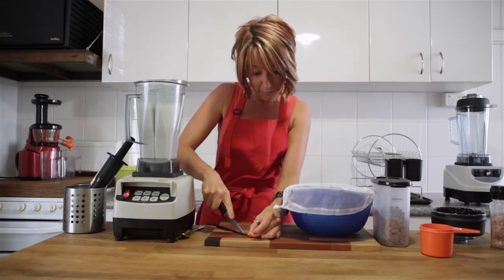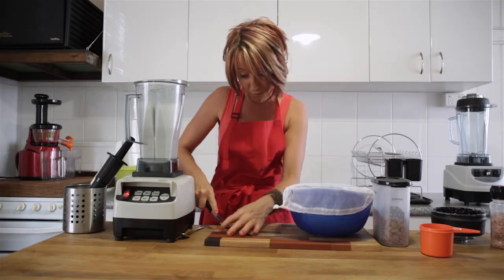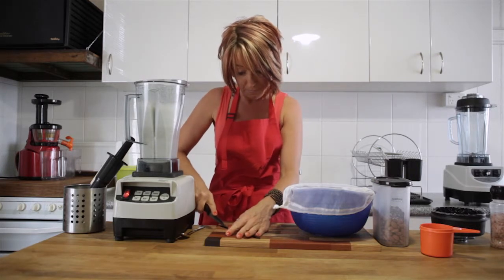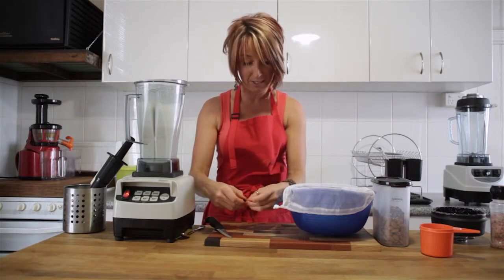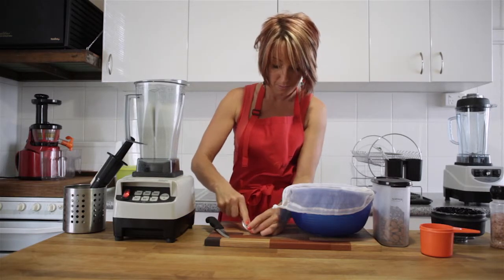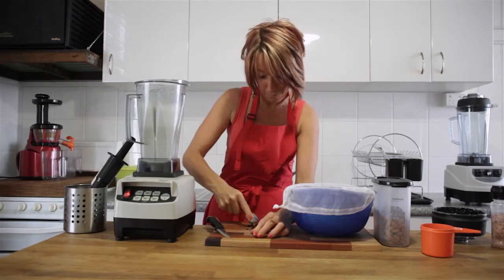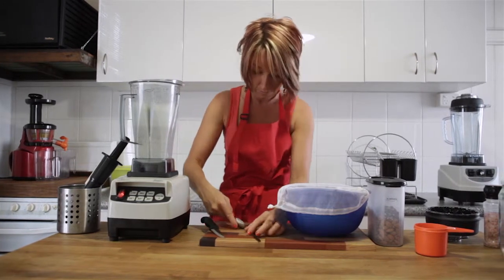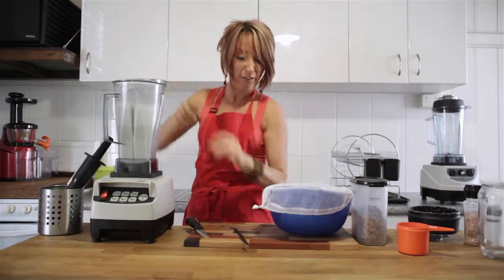So I'm going to take my knife, slice gently down one side, not all the way through, but just one side of the vanilla pod. Once I've got to the end, I can peel that open and then use the edge of a spoon to scrape out the tiny little seeds that are inside the vanilla pod. There we go. So there they are. That goes into the blender jug, and we just use high for a couple of seconds